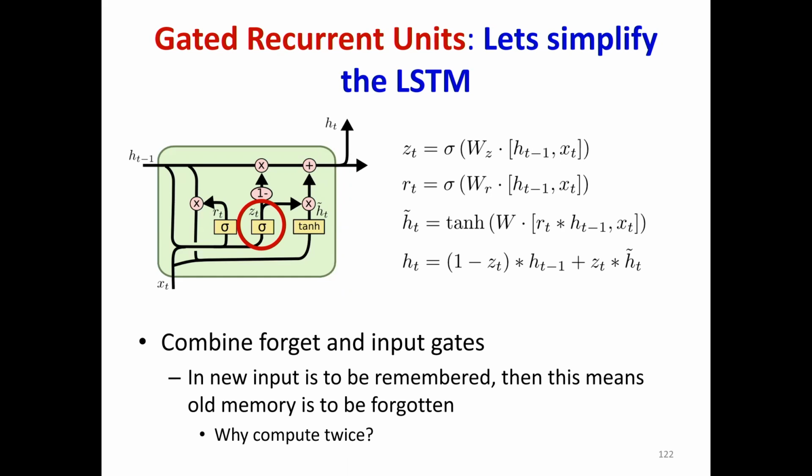If something is decrementing memory, it's not going to be incrementing it. So the same operation, the same symbol cannot have the memory both decrease and increase. Meaning what is happening at forgetting is related to what's happening at the input. So they combine the two gates. The forget gate is 1 minus the input gate. Problem solved, right? So you get a single unit.